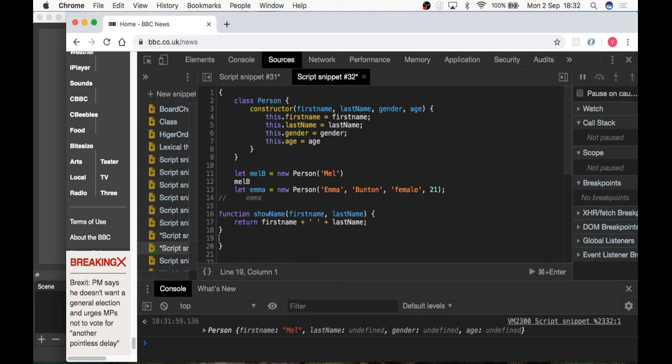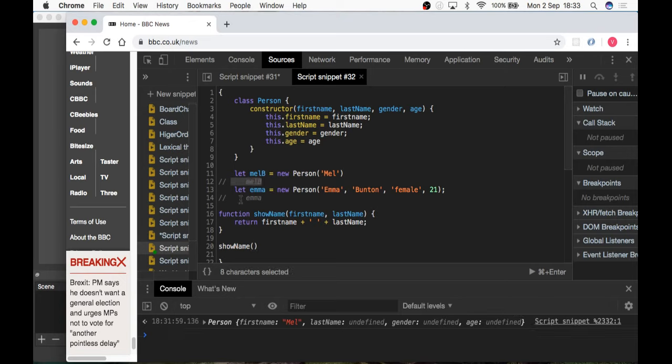Now, what's the default value for the arguments first name and last name? Do you remember, Sumi? It's undefined, isn't it? Yeah, exactly. Remember now. So if I invoke this function without anything inside,